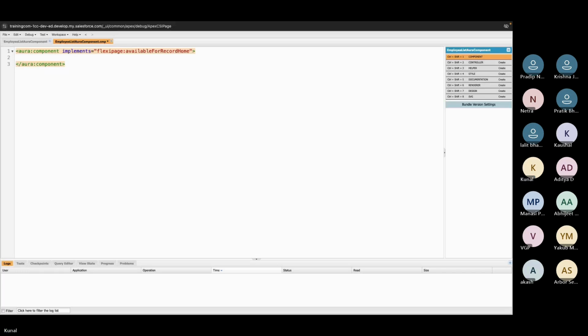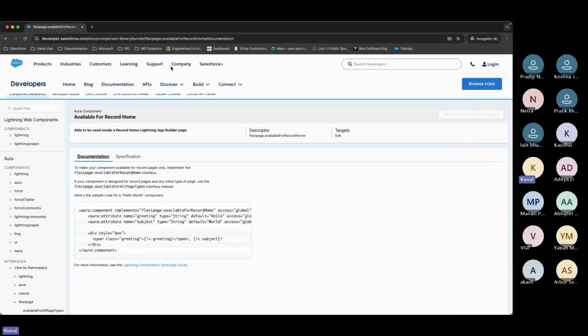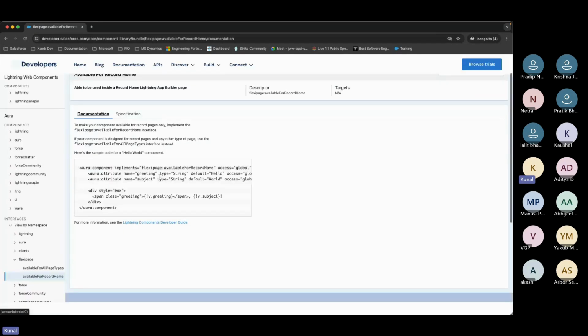Basically, what does this do? Can you see this tab which I dragged? Can you all see this? Yes, sir. So this is part of the Salesforce documentation. You see here, as part of the interfaces we have,